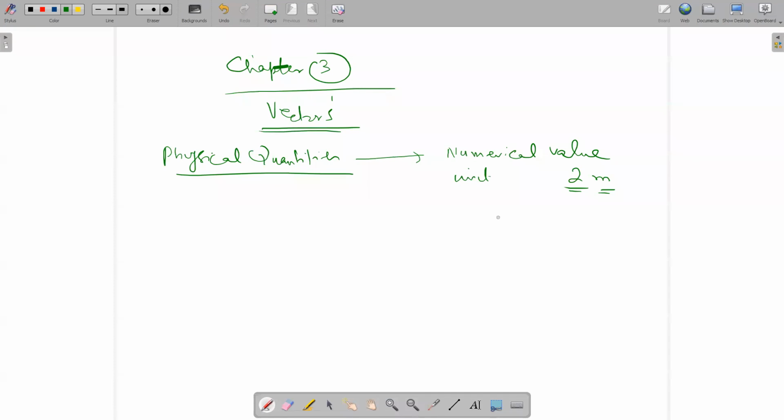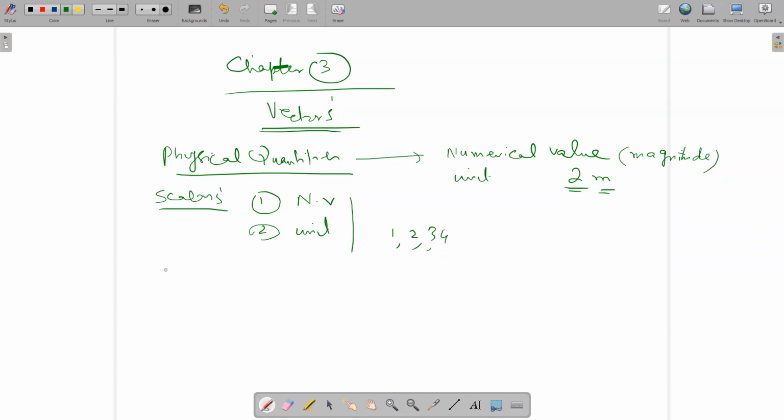So if we write any quantity in terms of this physical quantity, it means that we need only the numerical value, and numerical value is sometimes called magnitude. So for scalars, now I am defining the scalars. In case of scalars, we need 2 things. One is the numerical value or the magnitude, and then the unit. So all numbers like 1, 2, 3, 4 with some units, they are called scalars.